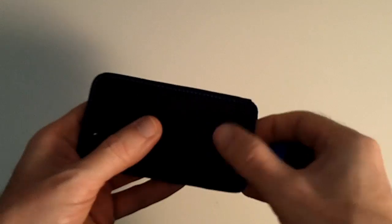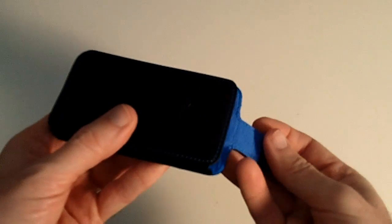Velcro attachment on the bottom. No screen protector included, so it's purely just the case itself. And I'll just show you this. This is like a soft lining to the case. Now you can get different colours. They're all black, but they have different sort of colour backs and different coloured accents as well. This is obviously the blue and black version. Around the back there's like a Velcro attachment here, which is what's going to sort of hold your iPod in